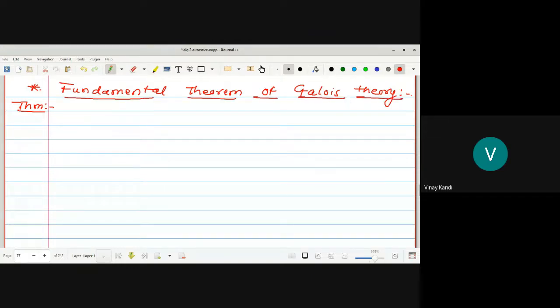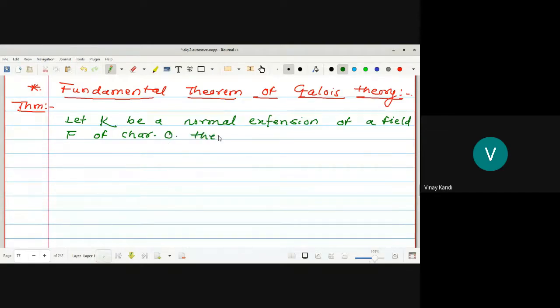Let capital K be a normal extension of a field capital F of characteristic 0. Then prove that there is